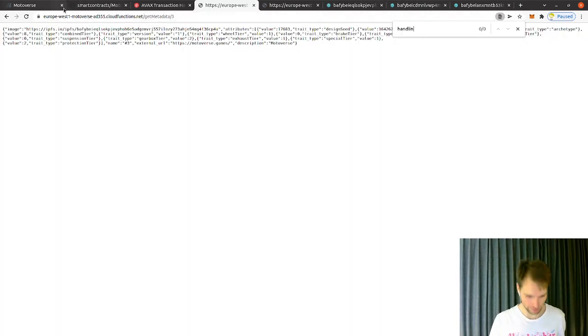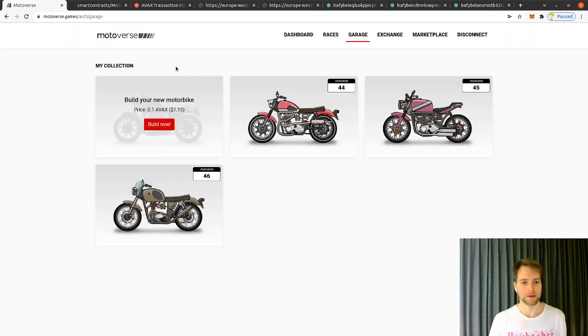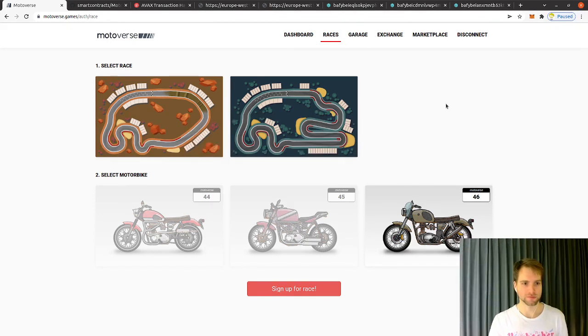Cool. So I think that's all I wanted to mention about the NFTs part. Let's look at racing, I guess, unless there are questions around the NFTs. I realize this has a little bit of delay, but let's move on then. So as you can see, the races right now are very simple. We give the same rewards no matter what race you sign in to. Not exactly, but it depends on the time of the race. This one takes a few hours, and this one takes 15 minutes, I think.